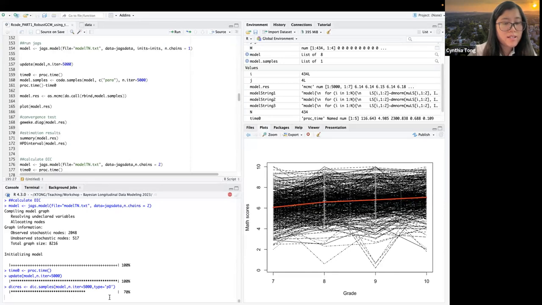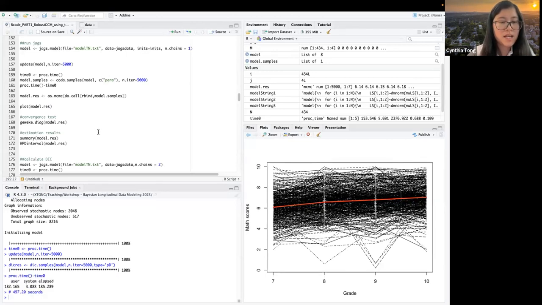Yeah, you can see it actually takes this long to get 70% of the iterations run. And when we get to the growth mixture model, you'll see it takes so long, but sometimes Bayesian could take a long time to converge. But luckily now we have powerful computing resources, so we can do parallel computing. Usually in my lab, when we're running Bayesian analysis, time is no longer a problem. We can run many jobs at the same time with the high performance clusters.